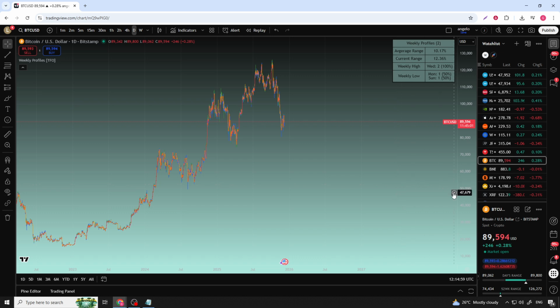If you want to fine-tune how the weekly profiles look or behave, you can hover over the indicator's name at the top of the chart and click on the settings icon. From there, you can adjust visual settings like colors and styles, as well as any inputs that control how the